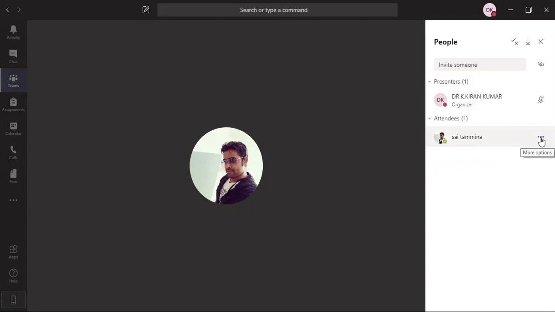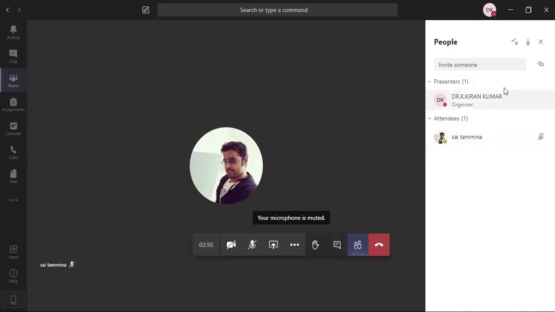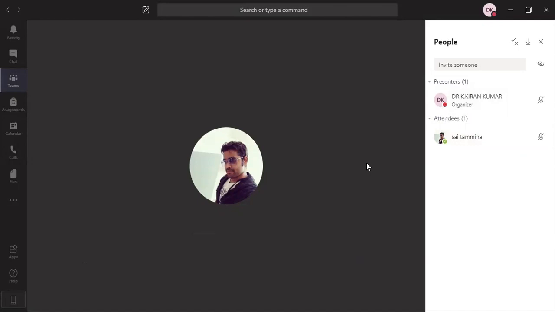He can insert his own PPT or image, video, everything. He can share the screen, because he also has equal rights. That's why it is better to convert that person into an attendee. If you convert him to an attendee, he won't get the option of sharing videos. That also we have to stop.